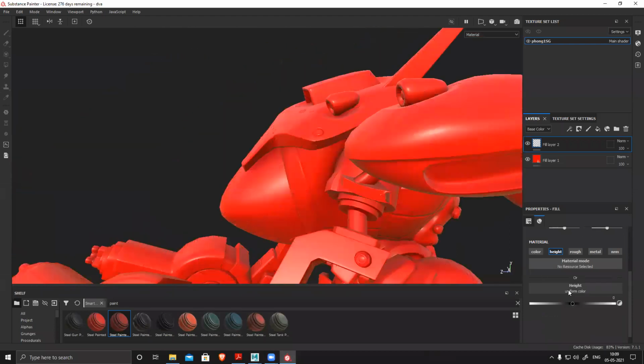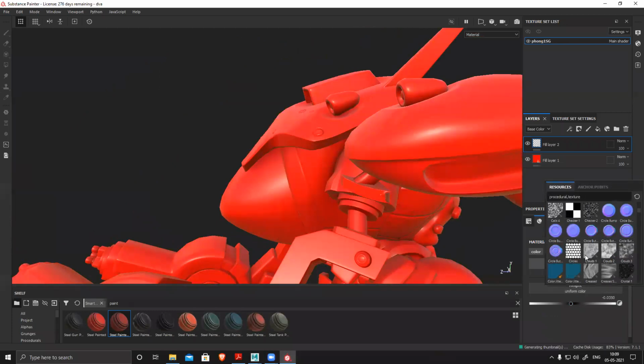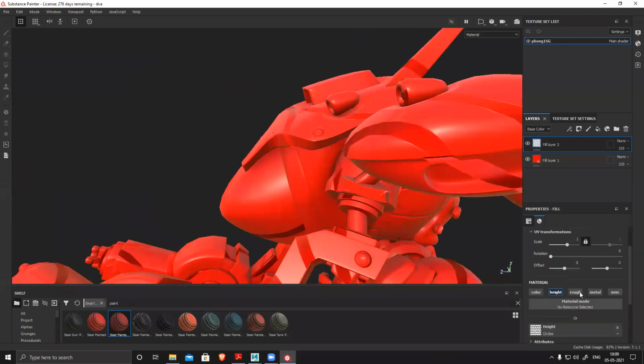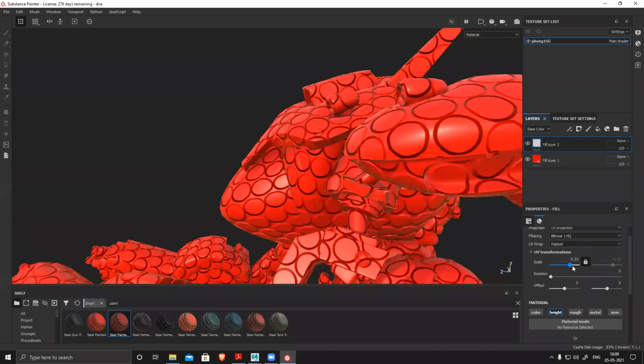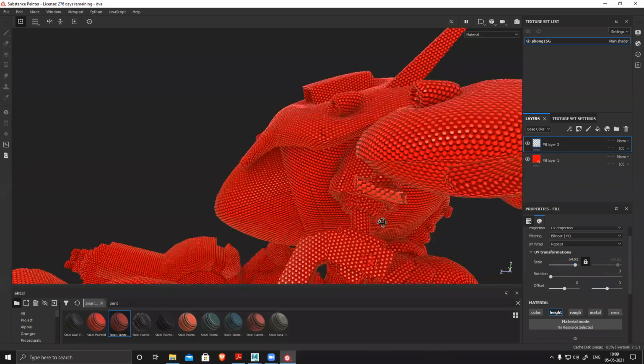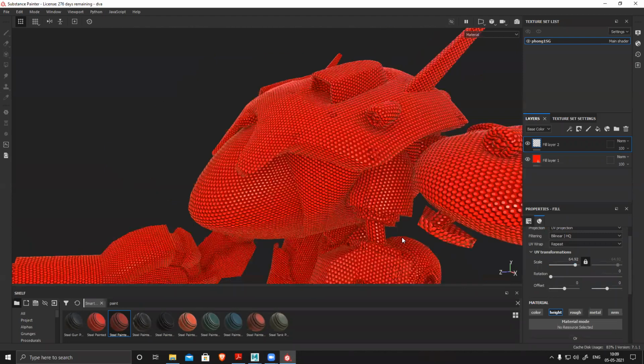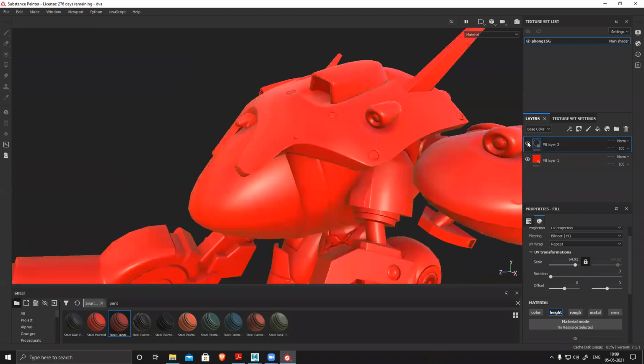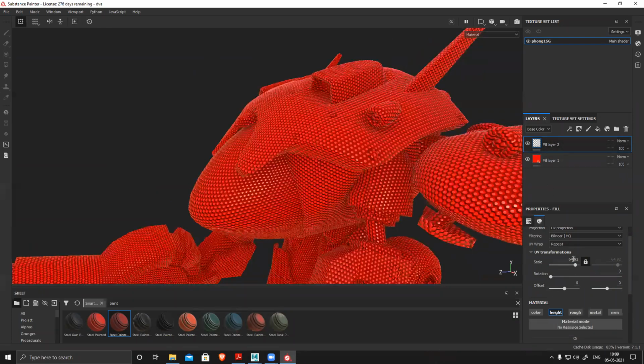So it can be anything. So again, change it, and suppose I want to add some pattern, and then I can increase the scale. See, it's just height. There is no color information, nothing. If I switch off color, it's all gray. All these things are generated with this only one map, height. So it can be anything. This is one way of creating this.